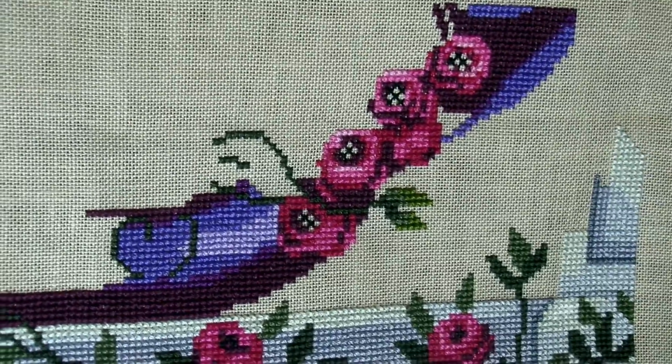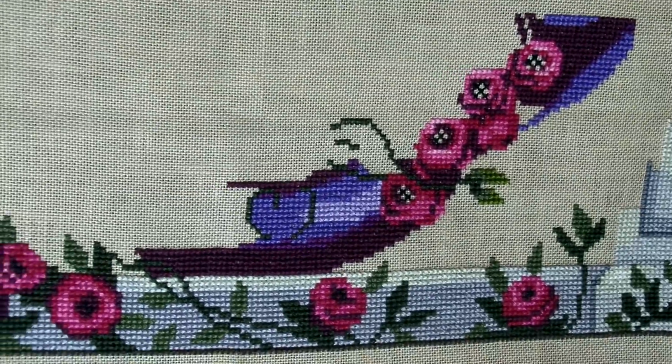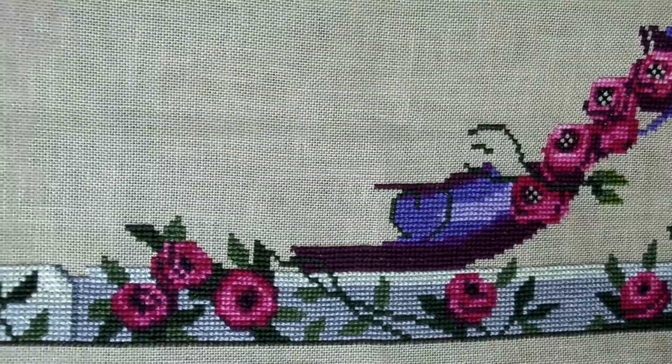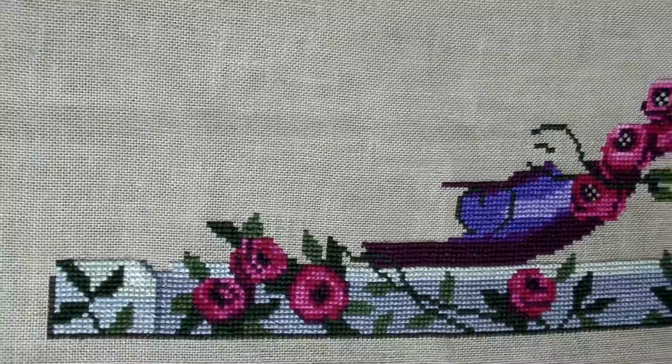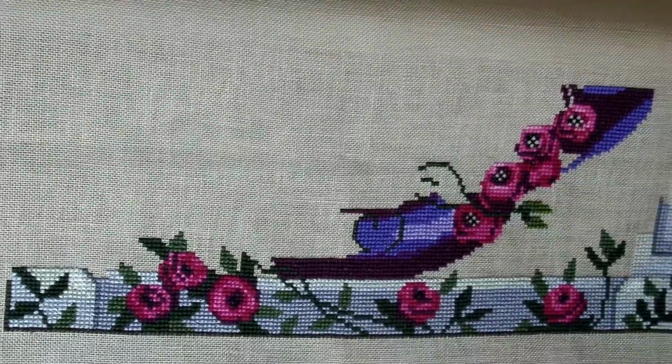So I'm going to work this one in clues as well. So this is clue 1 that I'm working on, and I haven't done quite so much on it because I usually stitch it at the weekend, so Saturday and Sunday mornings, and one of those weekends I was away in London, and